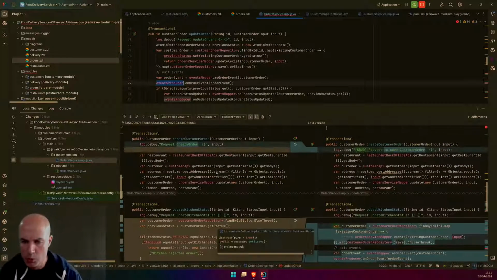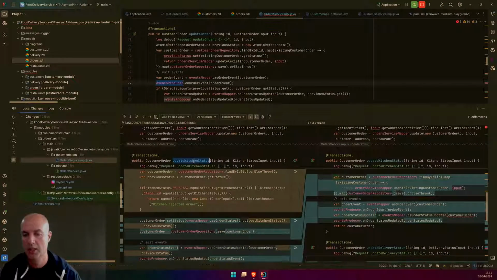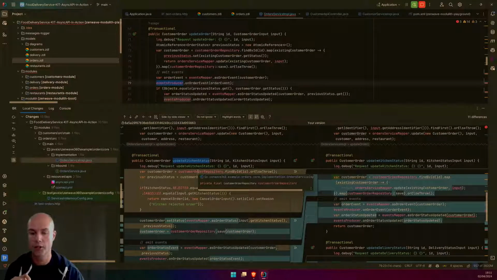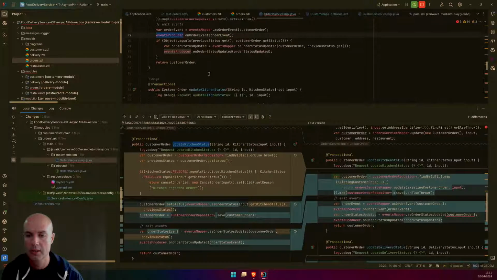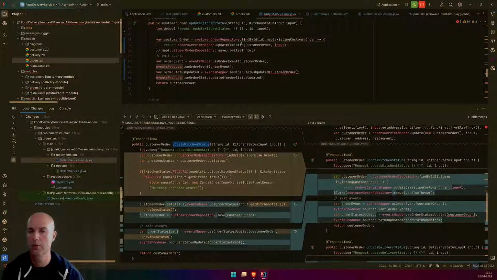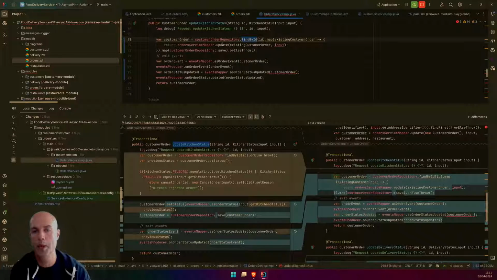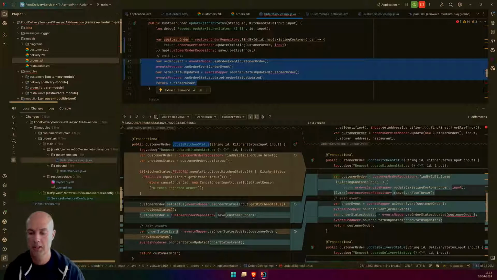And this one, which is for listening for kitchen status updates, the original code, as you may expect: you get one message, we use our repository to find the actual entity, we use one mapper to update it, and then we publish some events.